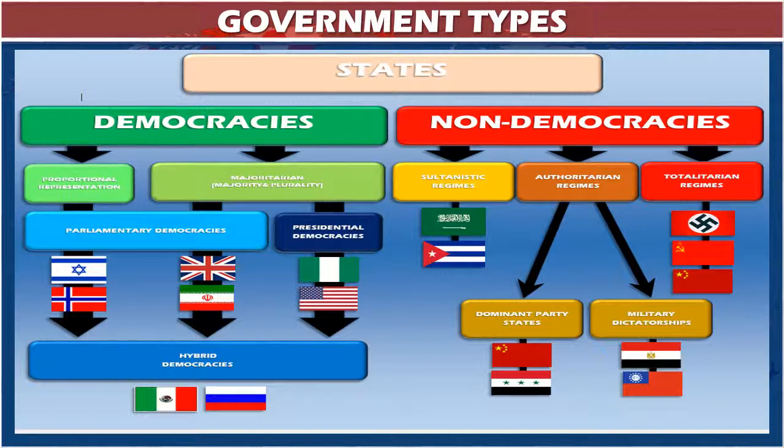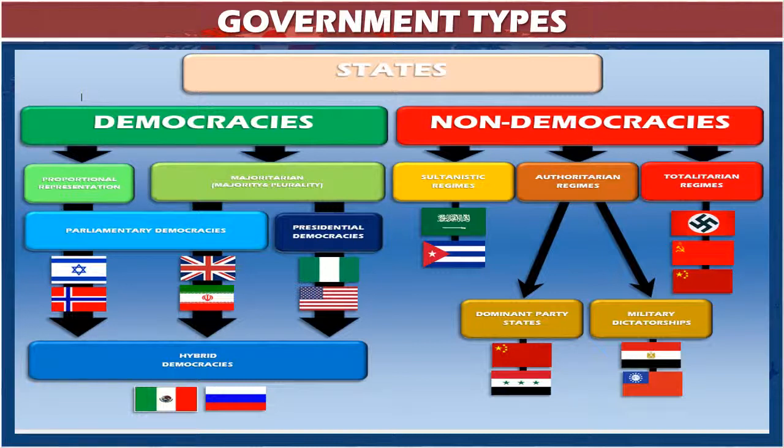And you can distinguish between, let's say, the United States and the United Kingdom, mostly not by whether they use majoritarian principles, both of them do, but whether England uses it through a parliament, while we use it through three branches of government and separation of powers. Now, some governments try to combine different elements of this together, such as Mexico and Russia,